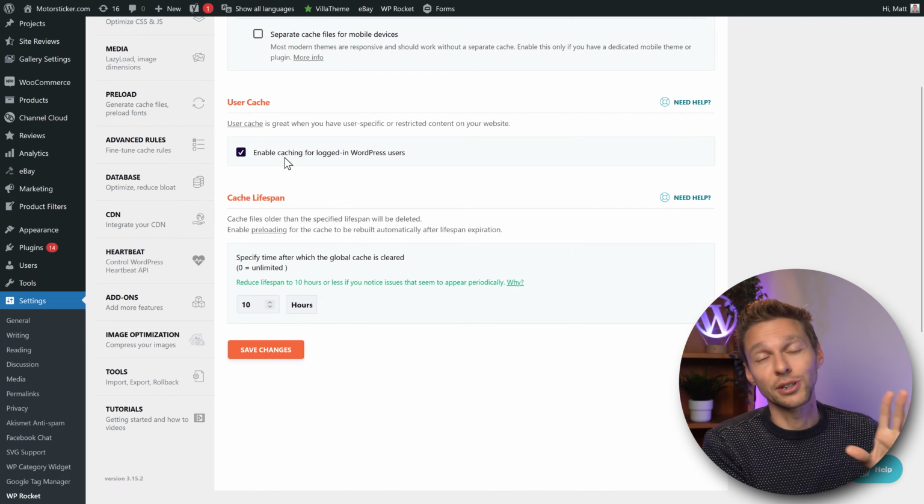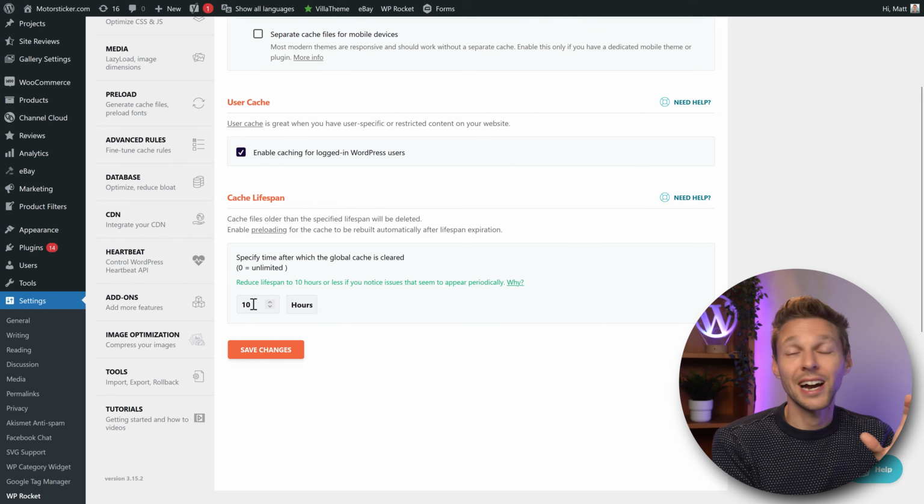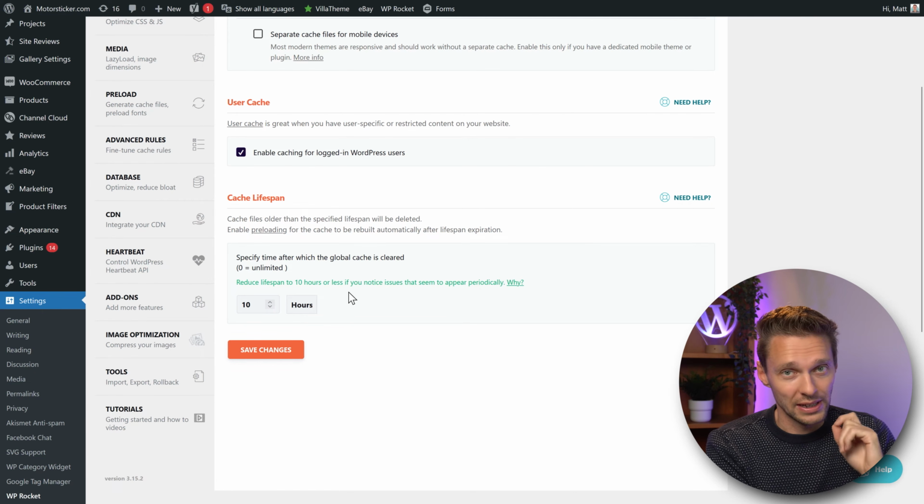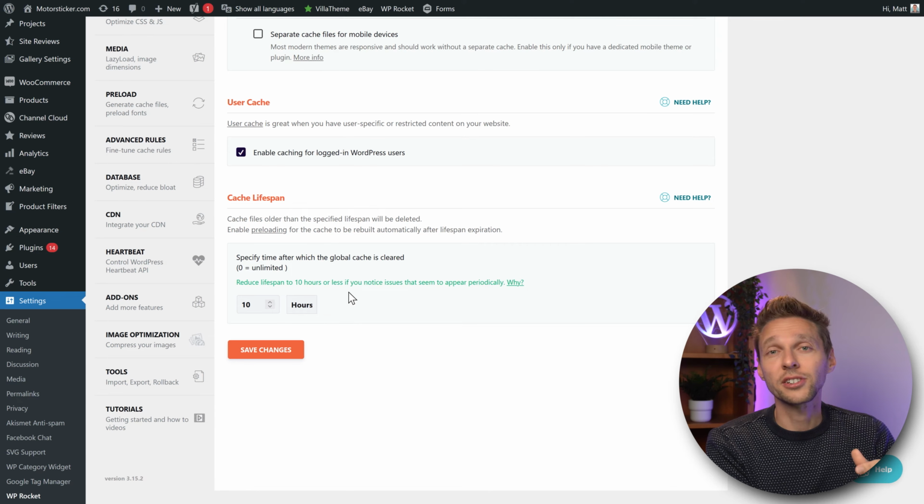On this website, I'm going to enable this one. Then we go to the cache lifespan. Now, 10 hours is actually great by default, so don't change it unless you see some issues that you're seeing regularly. Then there's something wrong